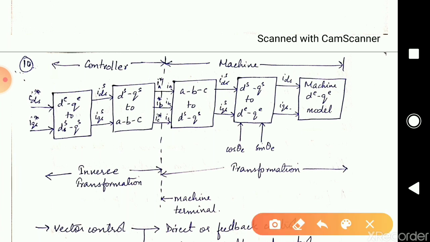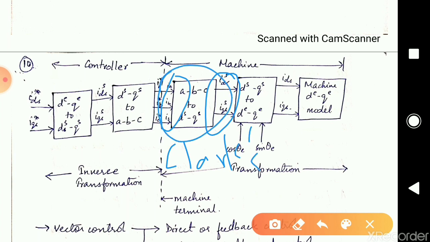So what we are going to do is that we know the supply given is a three-phase supply, and for any machine we can find out the rotating two-phase model of the machine. How can you find that? How is it possible? We have already studied the Clarke's transformation. The three-phase stationary reference frame can be converted into a two-phase stationary reference frame. So here you are carrying out Clarke's transformation. In this particular block, Clarke's transformation is taking place.